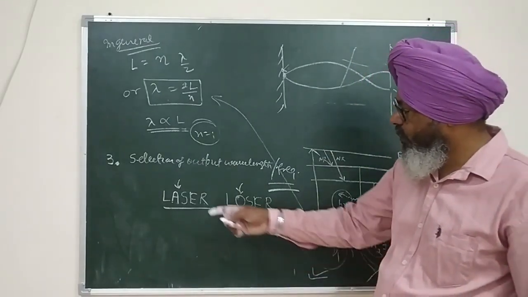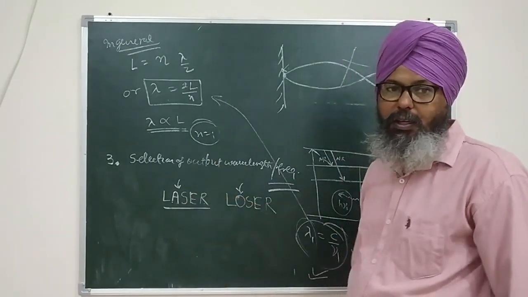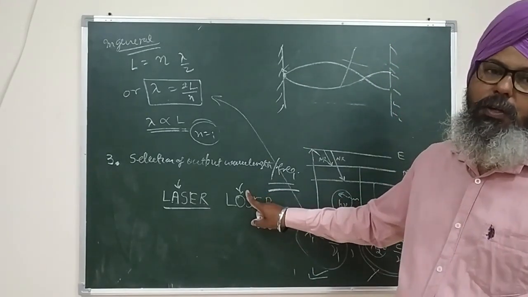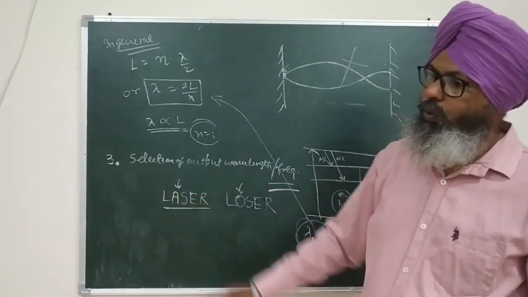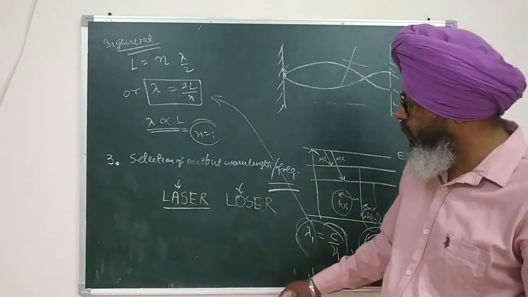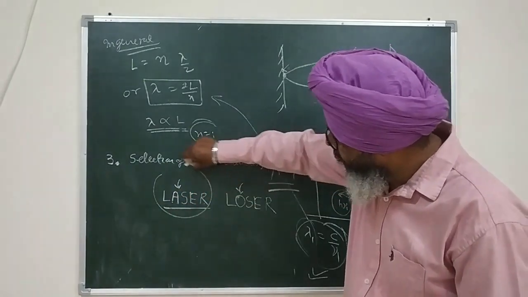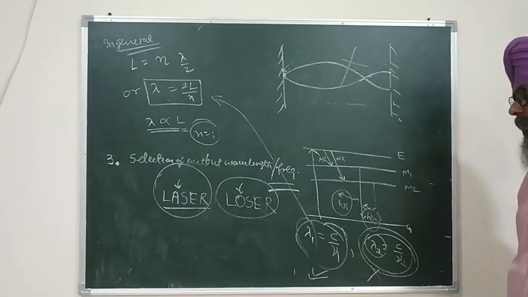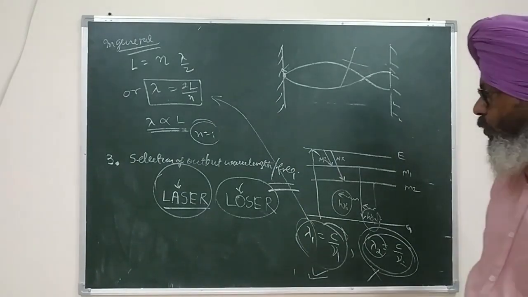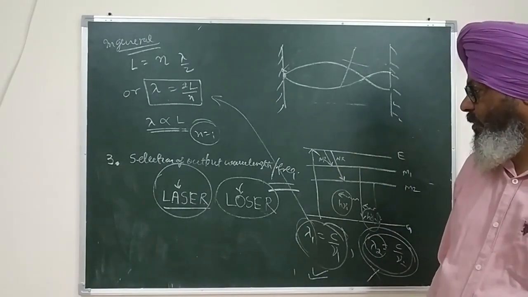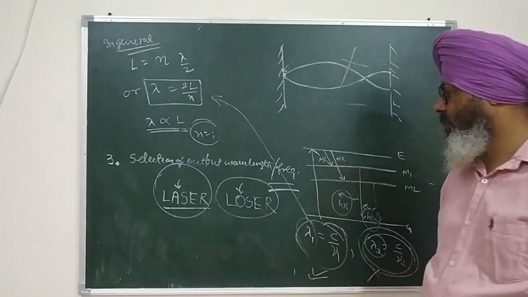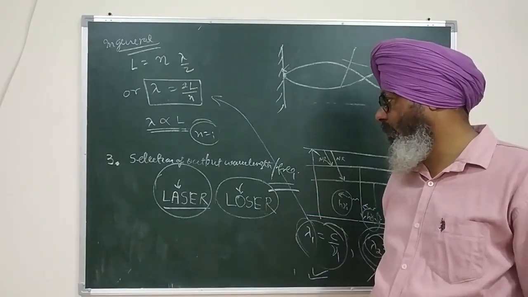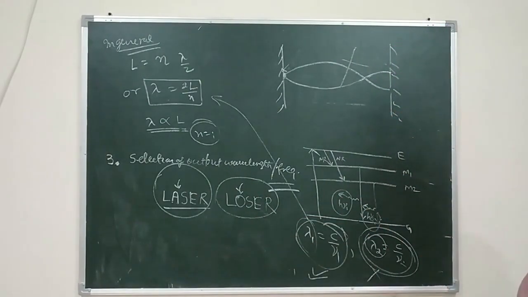So amplification is not actually the primary process that is taking place in the laser. The primary process taking place in the laser is oscillation. Amplification is due to oscillation. So the proper name of the device, instead of laser, should have been loser. However, it is just an academic question right now, so we are not going to change the name of the device to loser nowadays. We will stick to that terminology. This was the simple answer.